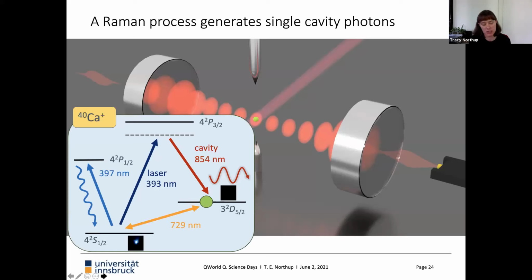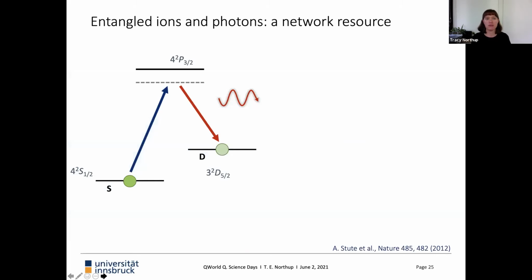Finally, we have the capability to coherently manipulate the population in those two ground states directly via a laser that couples the quadrupole transition. So those are the ingredients we need now for understanding the atomic physics that links together the ions and photons here. And now I'm going to outline for you how we can entangle the ions and the photons. So what I've shown you is how we make a single photon.